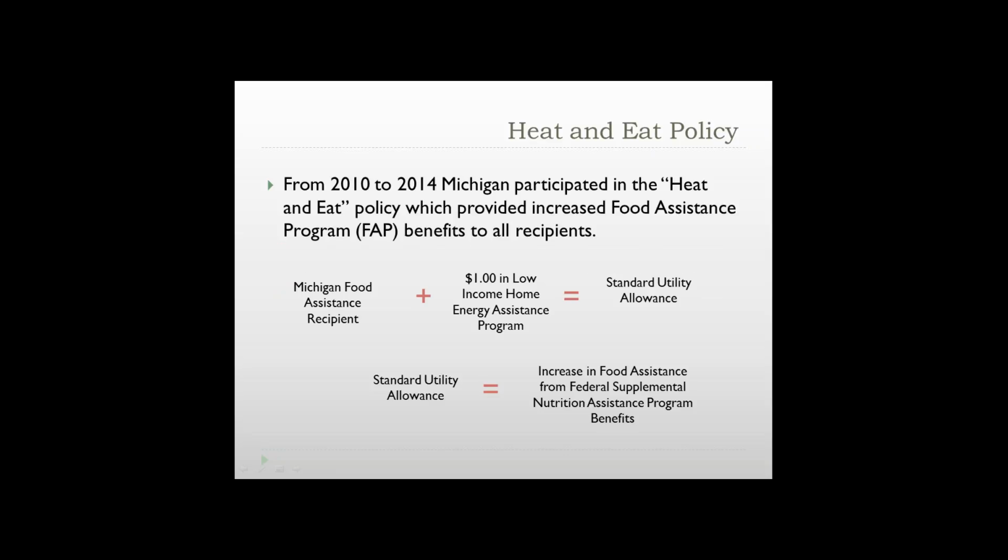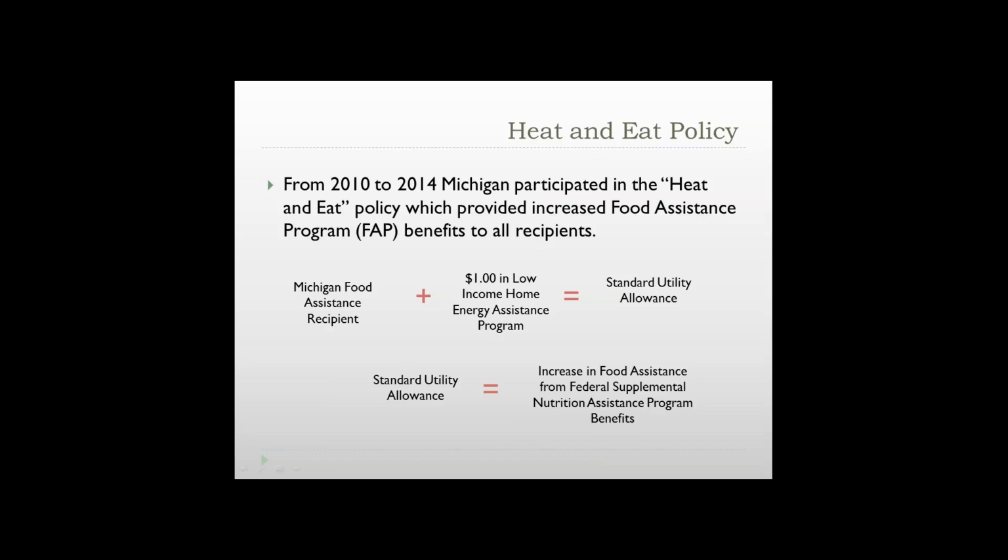So I'm going to provide, again, a high-level overview of the Heat and Eat policy and changes and how that's impacted low-income food assistance program recipients. So from 2010 to 2014, Michigan participated in the federal Heat and Eat policy, which was part of the Federal Agricultural Act, also known as the Farm Bill. Participation in this policy meant that all Michiganians who received any food assistance program, FAP, benefits from the Department of Human Services also received a minimum of $1 in low-income home energy assistance program funding,